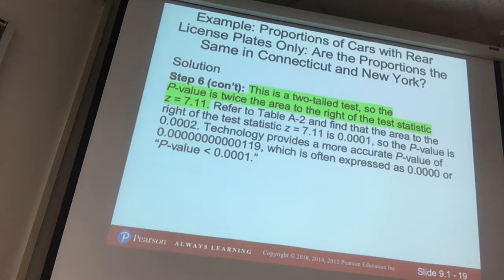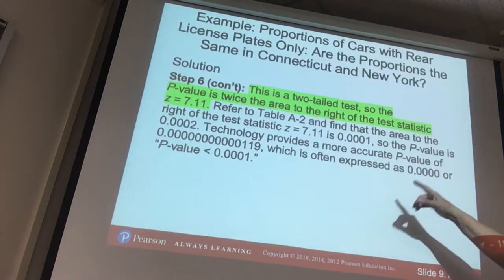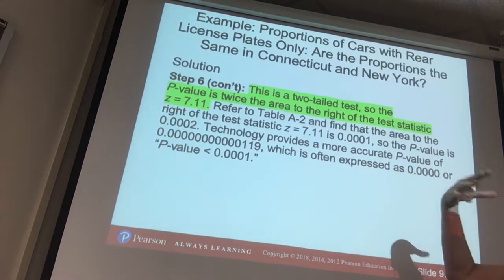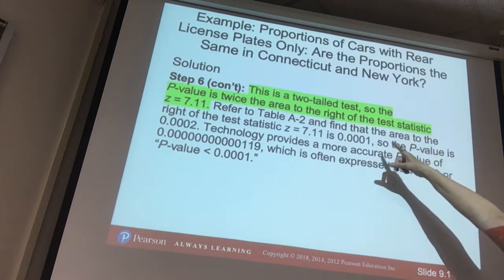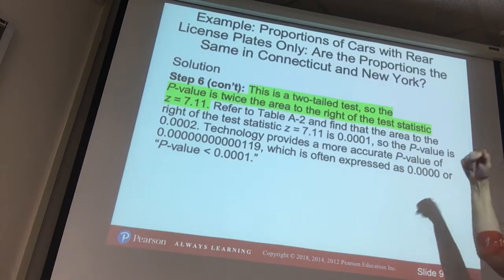So this is a two-tailed test. Why is it a two-tailed test? Because what was my H sub A? Not equal to. When my H sub A is not equal to, I have a two-tailed test. Okay, so this is a two-tailed test because we had not equal to for our H sub A. Okay, so the p-value is twice the area to the right of the test statistic,